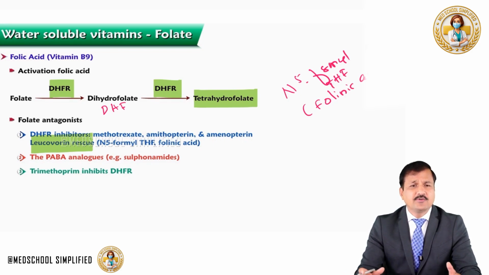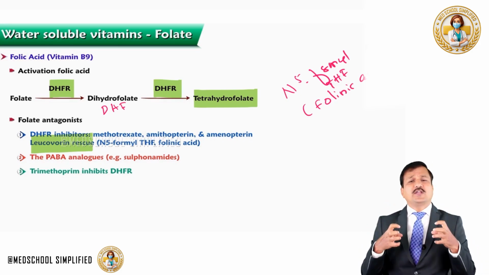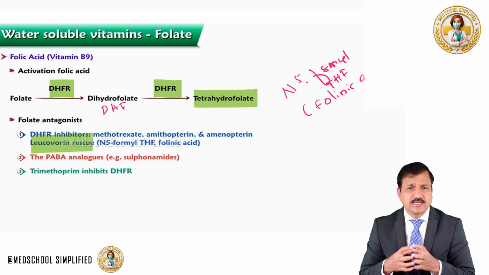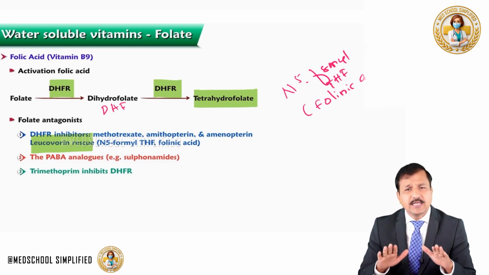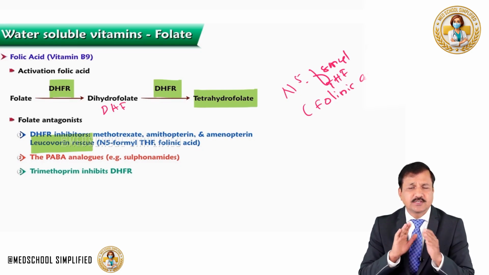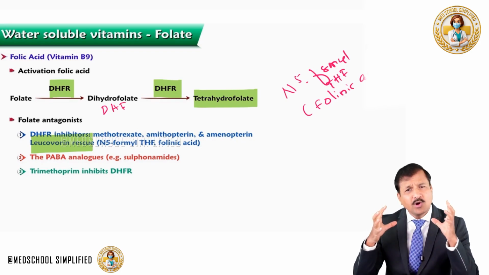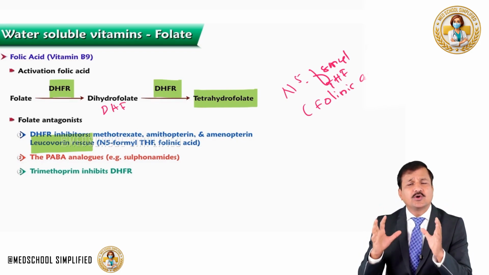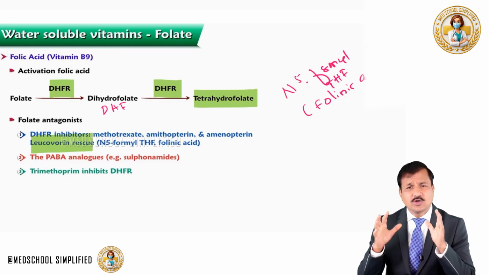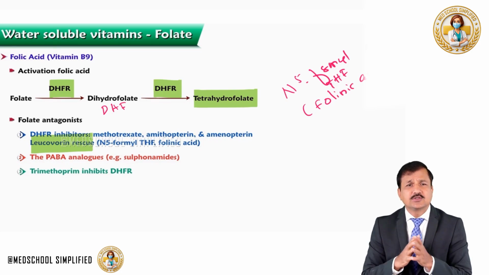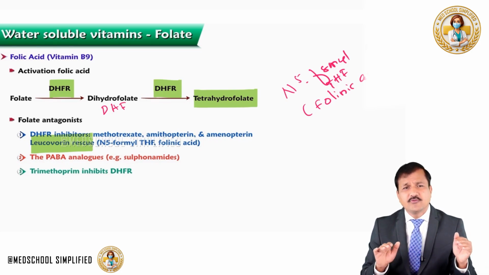Whenever we give methotrexate as a treatment for leukemia, this methotrexate is taken up by all the proliferating cells at higher concentration. Some of the normal cells may also take up the methotrexate, so they will decrease their DNA synthesis, and cell proliferation can be decreased. That's the mechanism of methotrexate. But the thing is, we want to target only the tumor cells. We don't want to affect the normal cells. We don't want to decrease the dividing capacity of the normal cells. How to avoid that? The answer is providing N5-formyl